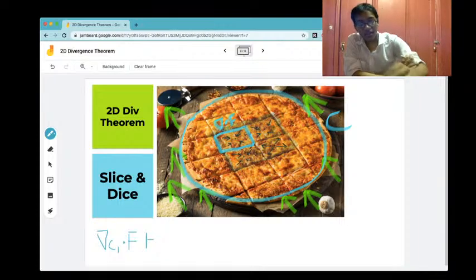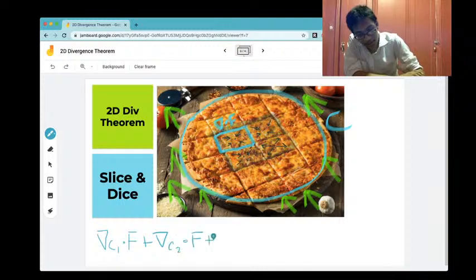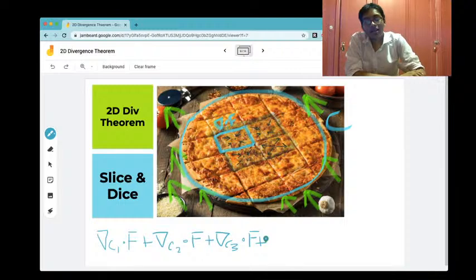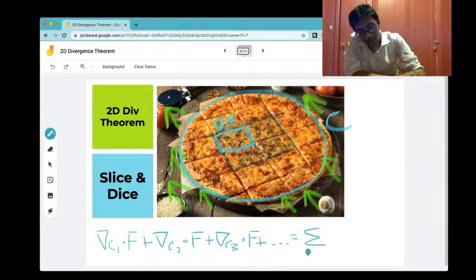Well, actually I should use my drawing pad rather, plus nabla C2 dot f plus nabla C3 dot f, and you get the pattern at this point, and we hope to do this for an infinite number of regions. What I might suggest doing actually is using the summation notation. So I can say from i equals 1 to n number of pieces,